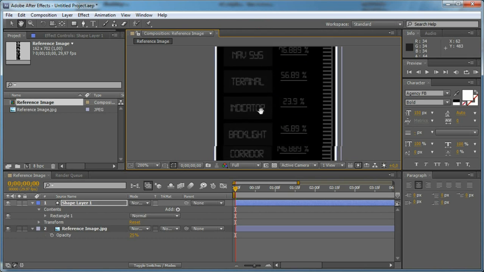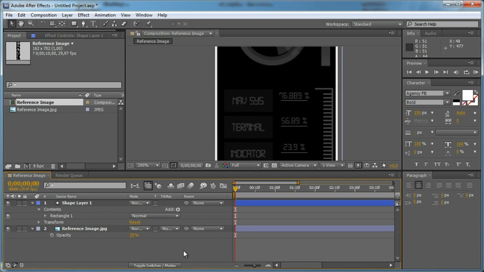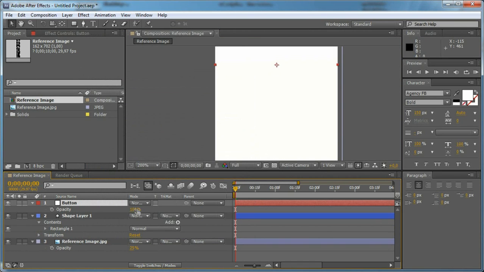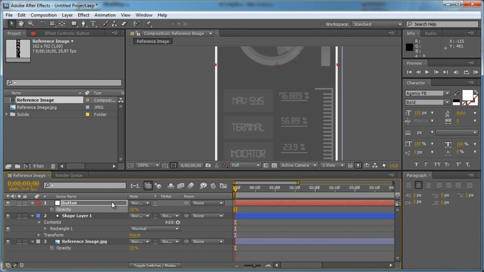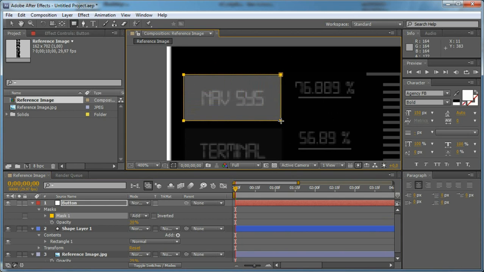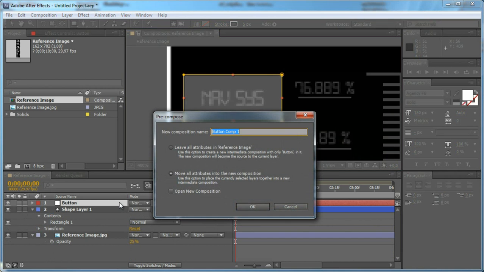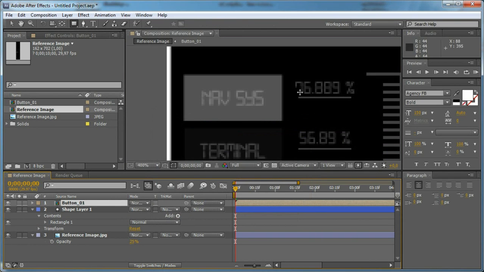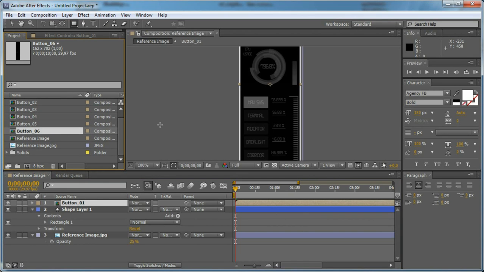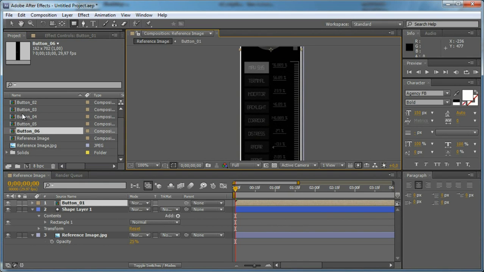And now we need to create a solid layer, and let's name it and set the opacity to 30%. And using the rectangle mask tool, we can just draw a shape, and we can pre-compose this, and let's call it button 1. And in the project panel we can duplicate a couple of times the button,